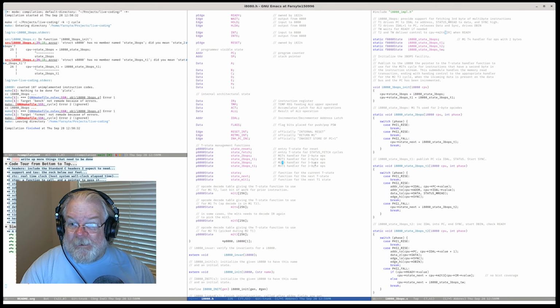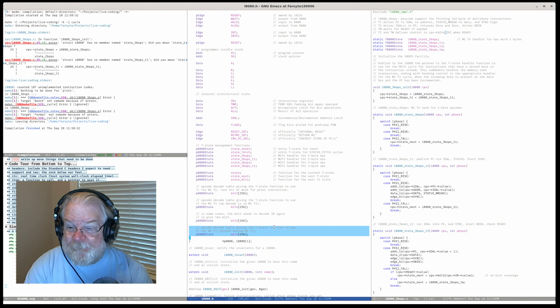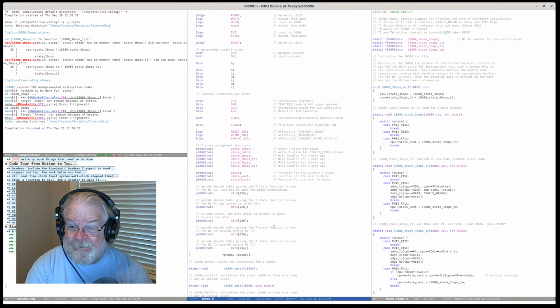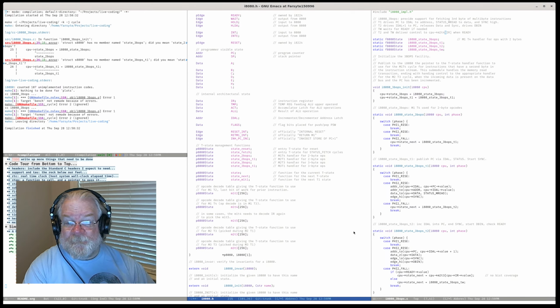Okay. We know that we need a M2 T3. We also need a M3 T3. And this will be picked during M3 T1. Is it though? Is it though?